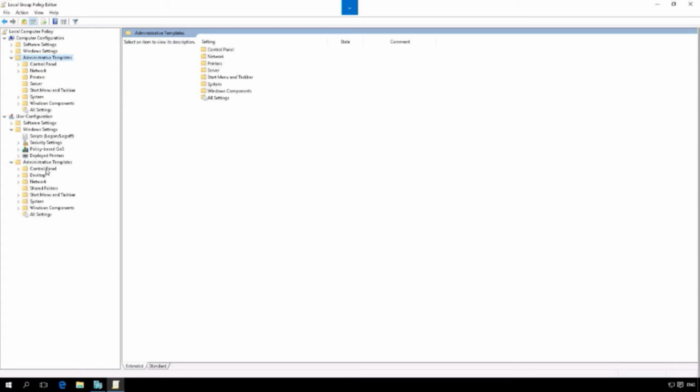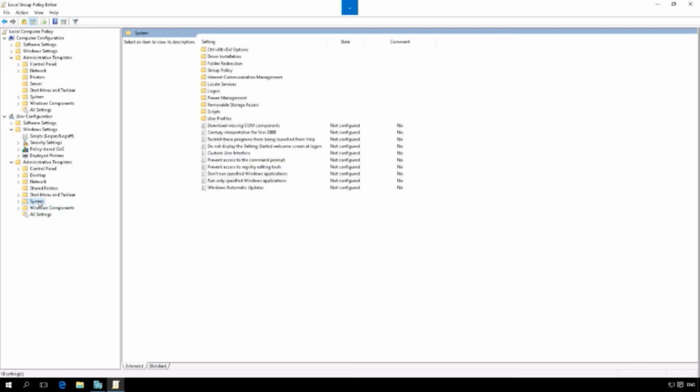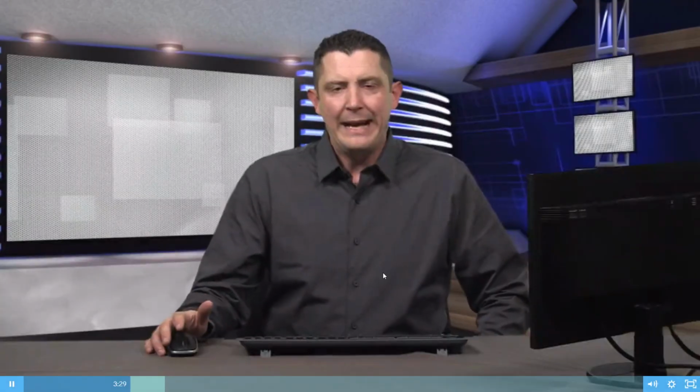Under user configuration, we've got administrative templates, and you also have a whole bunch of Windows components, start menu and taskbar, desktop, the system, but there are fewer options here. And I think in